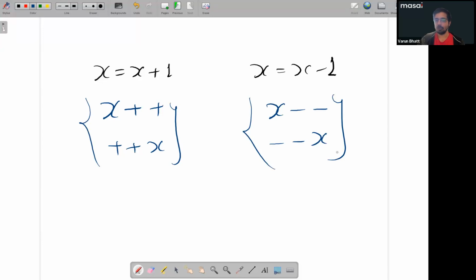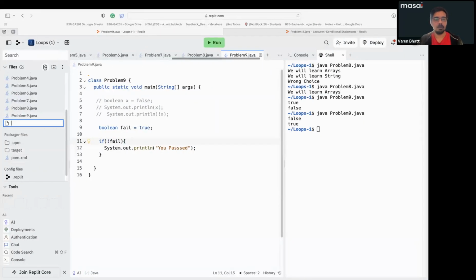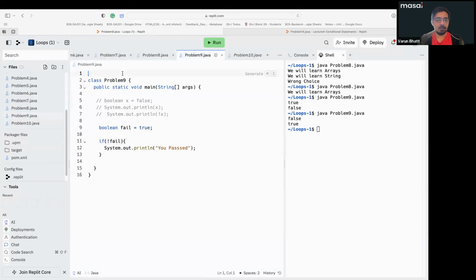Okay, this will also give you the same output. Either you do x plus plus, or plus plus x, or minus minus x. Let's see. So problem 10.java. So if I copy this,